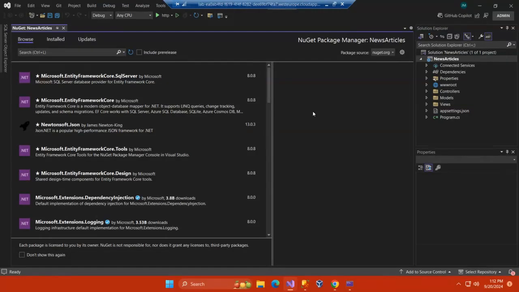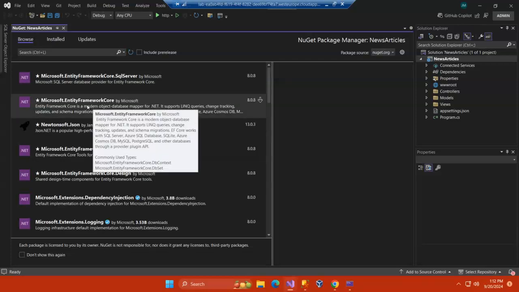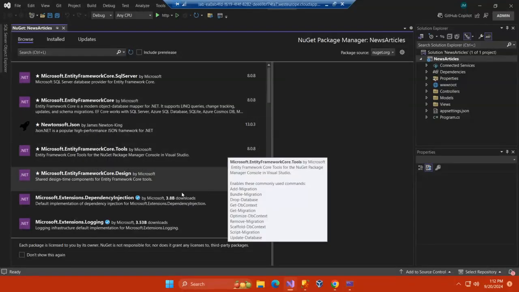So you don't necessarily need to search as long as you know which one you want. For instance, we know that we're going to install Entity Framework Core SqlServer. You can see it pops up there. We know that we're going to use Entity Framework Core. It's there. I don't need the Newtonsoft JSON, but the last one that we're going to use is EF